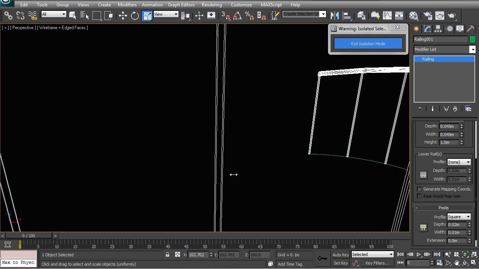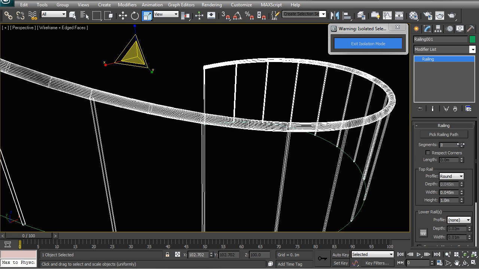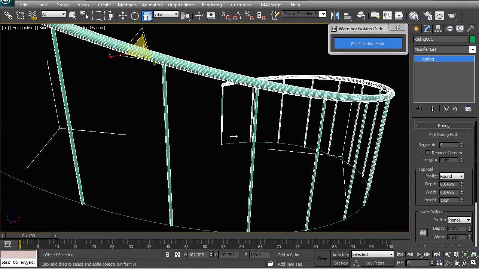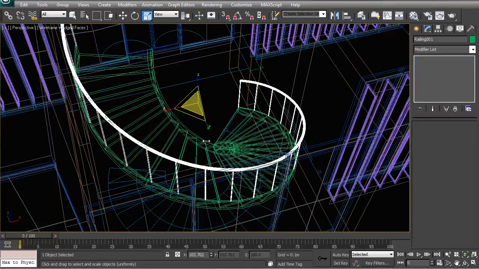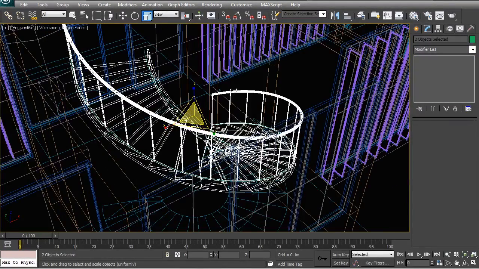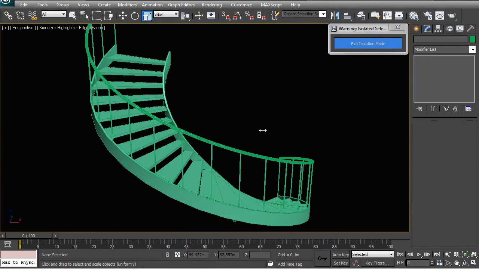Let's say ours can be square, and our top handrail can have a few more segments to make it nice and smooth, and that will pretty much finish our staircase. So you can do exactly the same thing to the other path rail, or the rail path, and once you're done with that, we can then texture it, and the texturing is something we'll do much later in this course